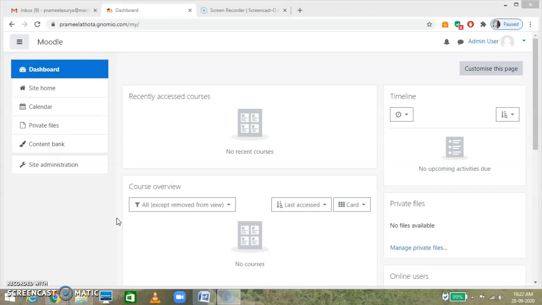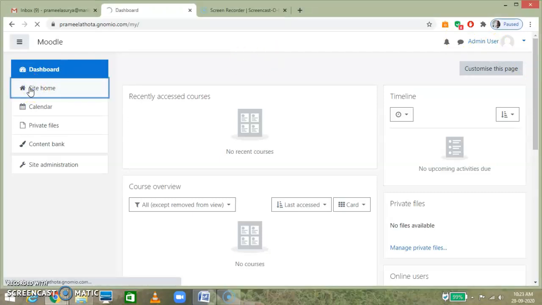Along with that, I'm going to share my forum details too. And this is my Moodle site, and I'm in the user admin mode. Now I'm going to site home,